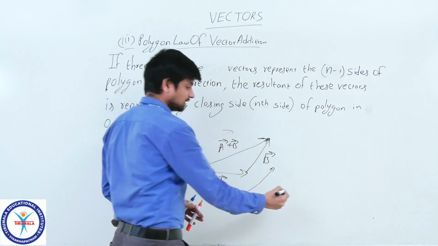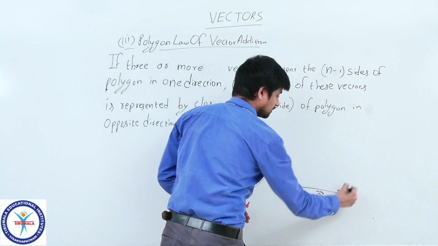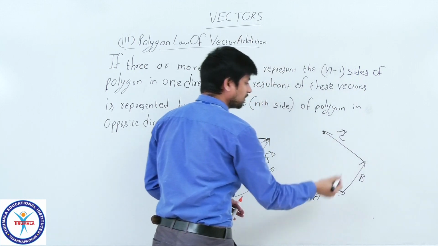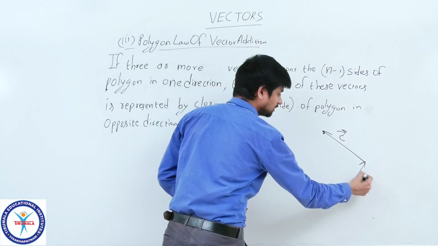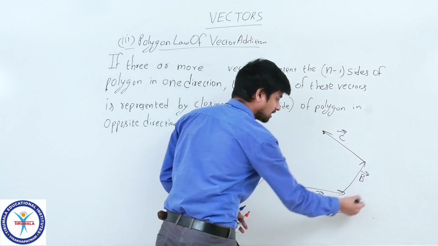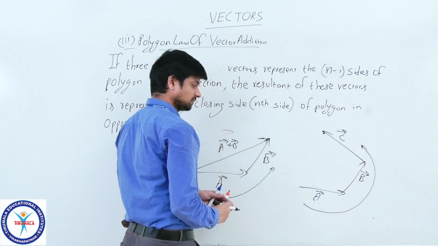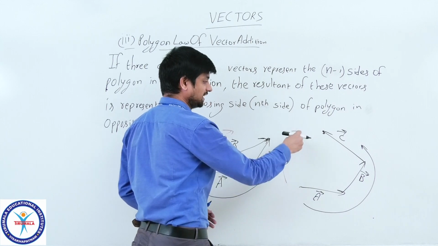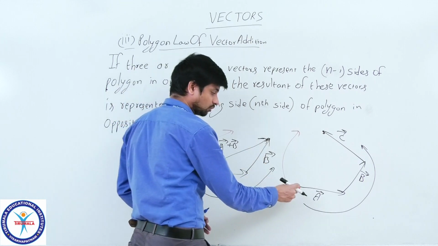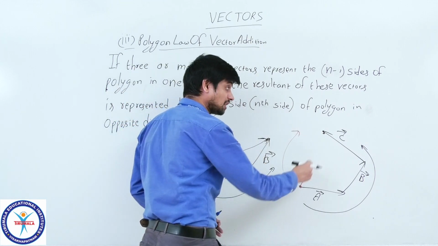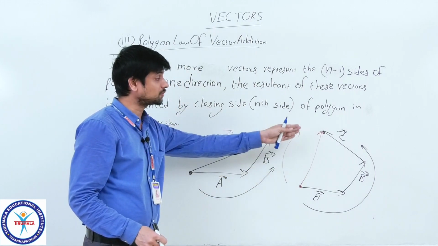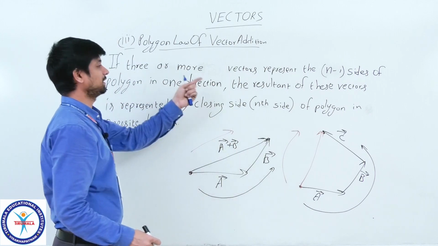if this is triangle, if that is any quadrilateral, what do you say? That means quadrilateral means A, B, C. Now, I want resultant of these 3. What should I do? I should take in the same way, look at this, these are all following the anti-clockwise. Now, I should take opposite to that one, means this side. What should I take? Closing side. What did you take here children? Closing side, right? Here also. First vector tail to last vector head I should join. First vector tail, last vector head. So, the same thing I have written here.